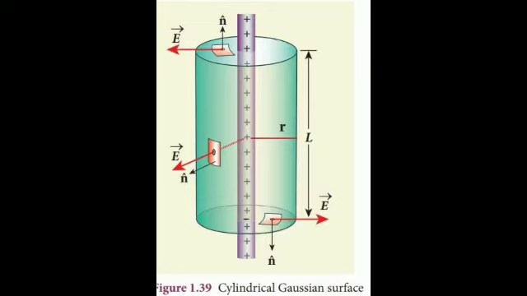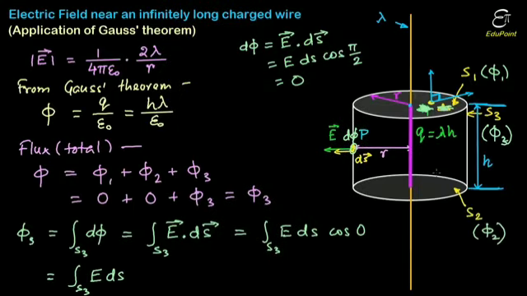We choose two small charge elements A1, A2, which are at equal distance from the point P. The resultant electric field due to these two charge elements points radially away from the charged wire, and the magnitude of electric field is the same at all points at the radius r. Let us choose a cylindrical Gaussian surface of radius r and length L as shown in the figure.